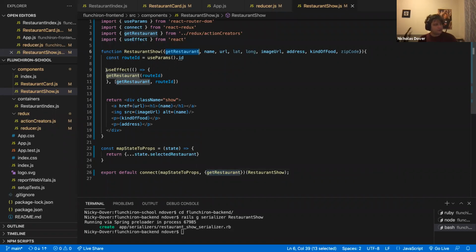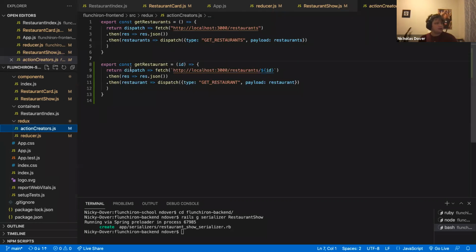Next, we have here this use effect, which is our way of wrapping all of our component lifecycle methods in one. And what this is saying is, hey, when this page loads, and whenever either the get restaurant function, which will never change, or the route ID, which might change, changes, go ahead and run this get restaurant method with an argument of route ID. This then goes to our action creator where we have thunk right here, taking in that ID, making a fetch to our backend, then